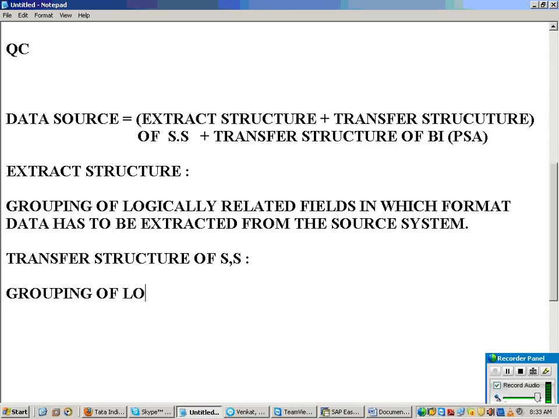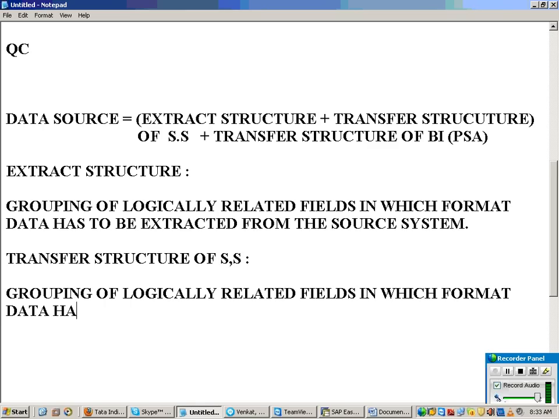Same thing: a grouping of logically related fields in which format data has to be transferred to the BI system. Now what we said: ETL, extract, transfer and load.